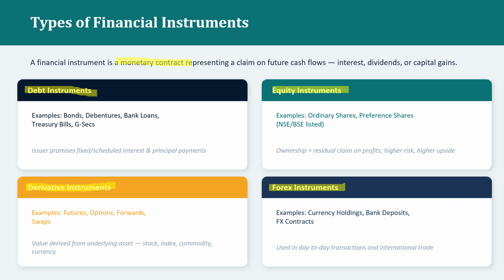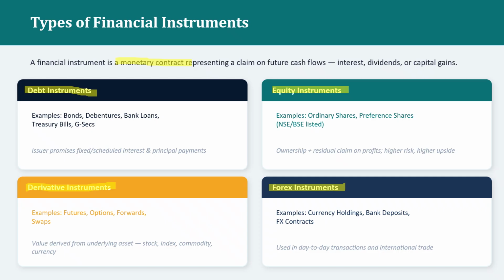So quickly to summarize, debt is about borrowing and lending with fixed claims. Equity is about ownership with residual claims and higher risk. Derivatives are contracts whose value depends on some underlying asset, and foreign exchange instruments are all about currency-related positions